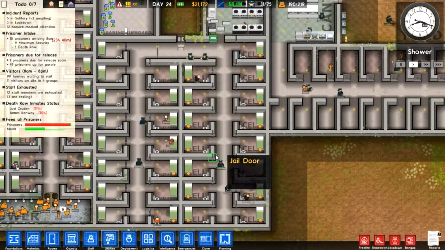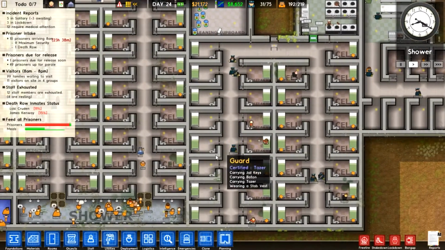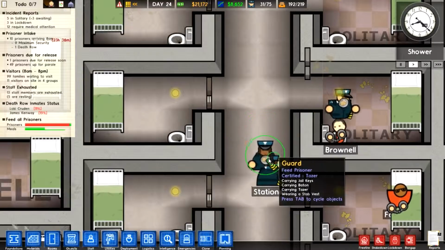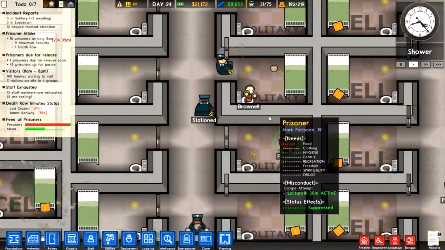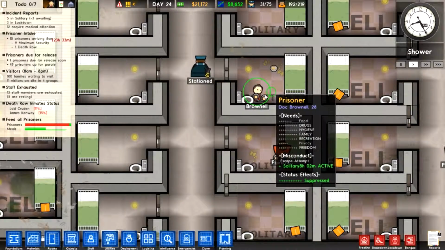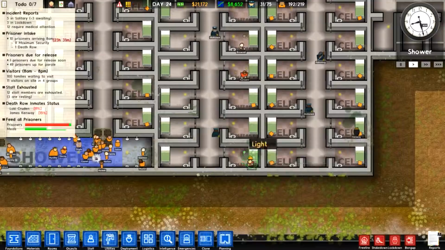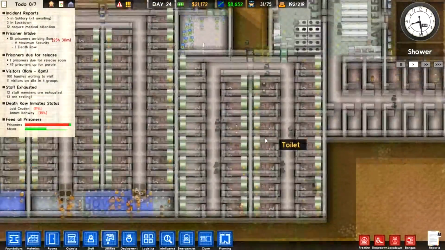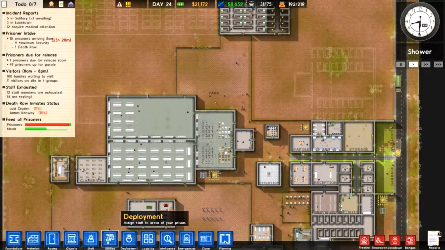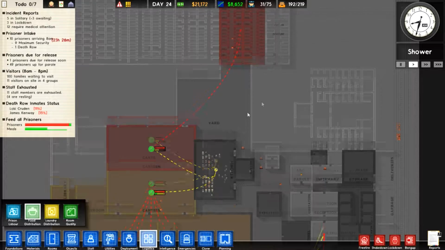Alright. What the hell is that sound? Are you seriously... What are you... Oh, you're feeding the prisoners. Got it. Interesting. I like how they feed people, like, now they feed them in solitary. That's pretty neat, actually. Let's go to logistics, and we're going to make food distribution, and we're going to get